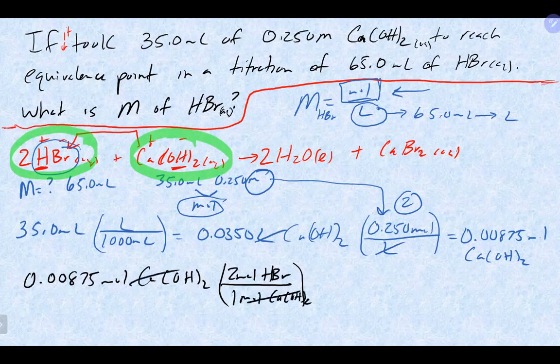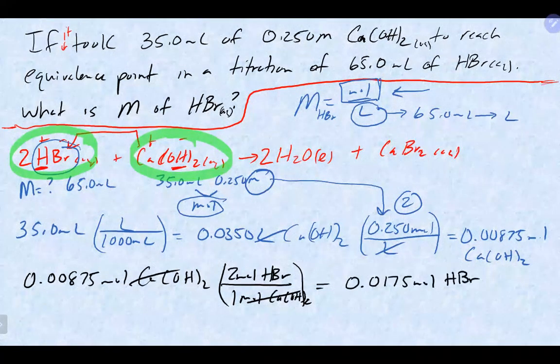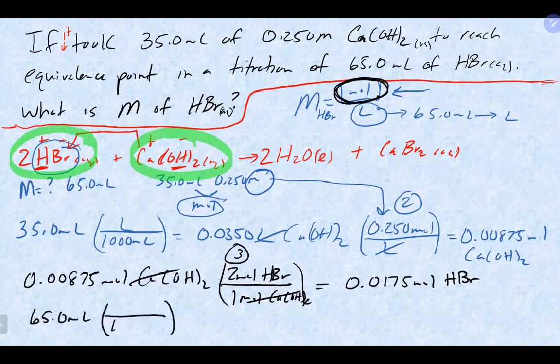The moles of calcium hydroxide cancel. Times that guy by 2, 0.0175 moles of HBr. And then that really is sort of the third step of stoichiometry there. Any questions on that? Again, the purpose of why we did that is really what we were missing here to solve for the molarity. We do have to do one other conversion, which is take our volume of HBr and also convert it into liters. Going to give us